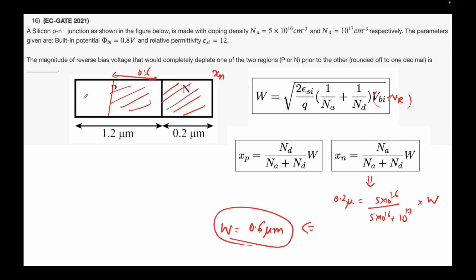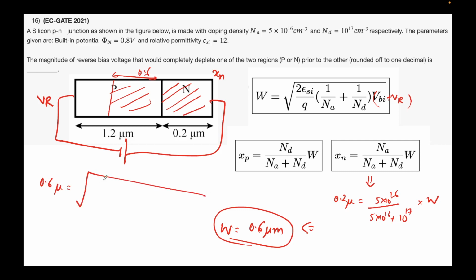0.6. Mind you, this is when I am applying a reverse bias. Please note that I am applying this reverse bias VR. W's value is this now. So let's put the value of W here in this expression. It turns out to be 0.6 microns equal to square root of,